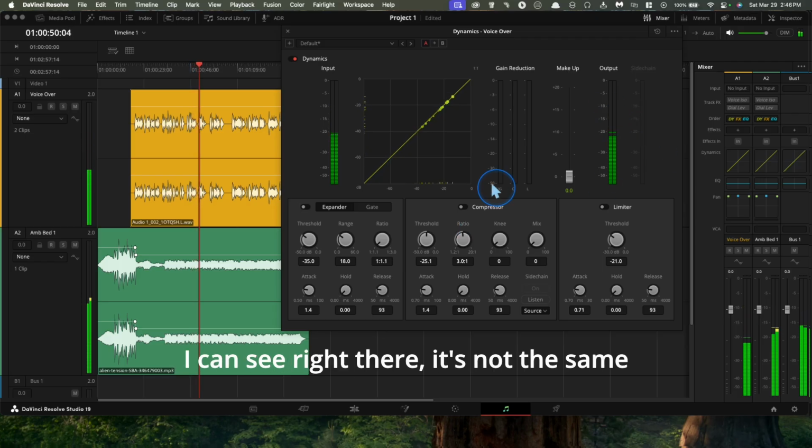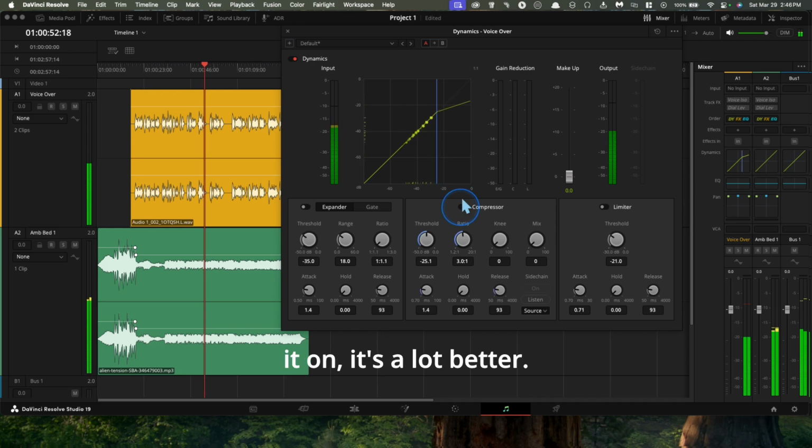You can see right there it's not mixed with the same volume, but when I turn it on,